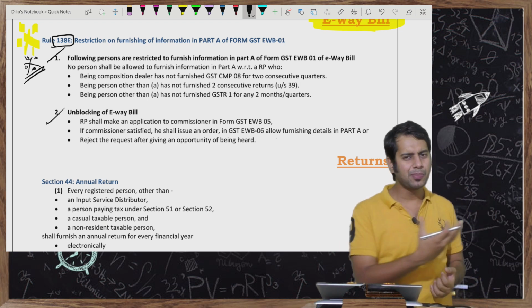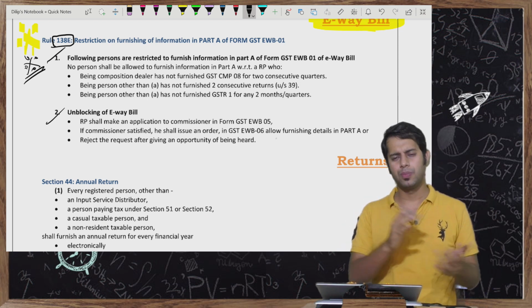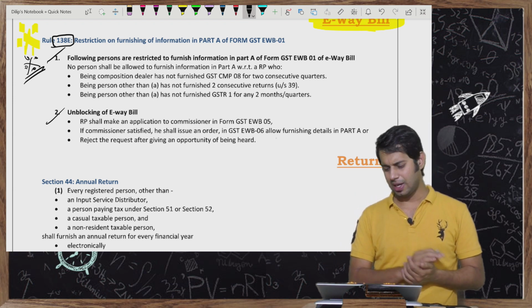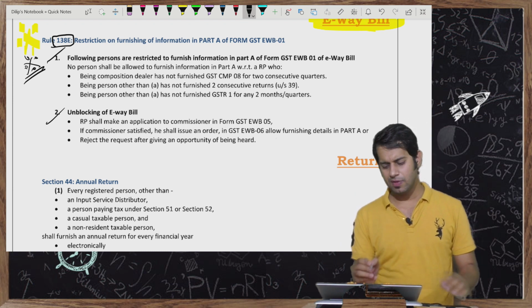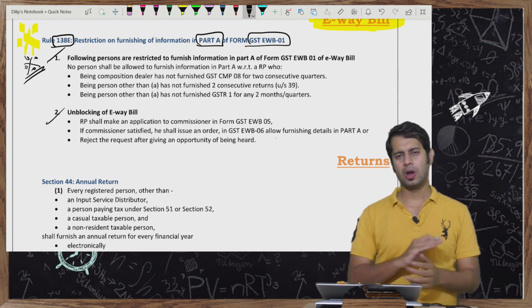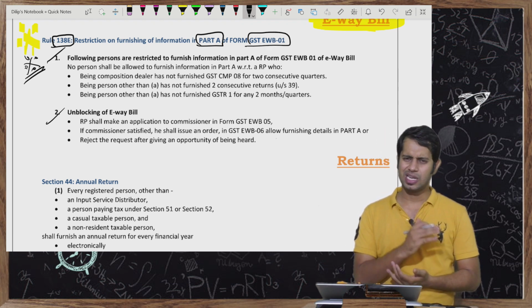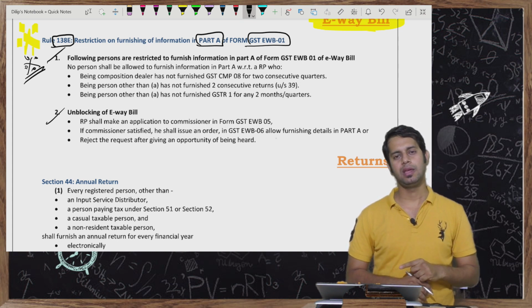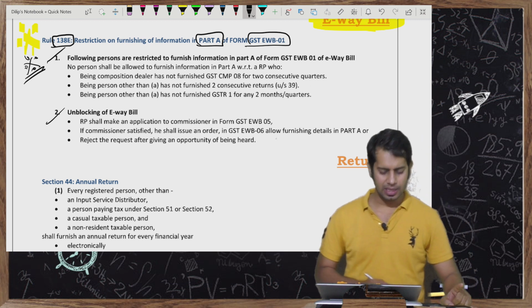Normally, whenever there is a movement of goods happening and the value of that consignment is more than 50,000, an e-way bill is required to be generated. An e-way bill, called GST EWB 01, is required to be generated in Part A. But I will block you from generating an e-way bill if...